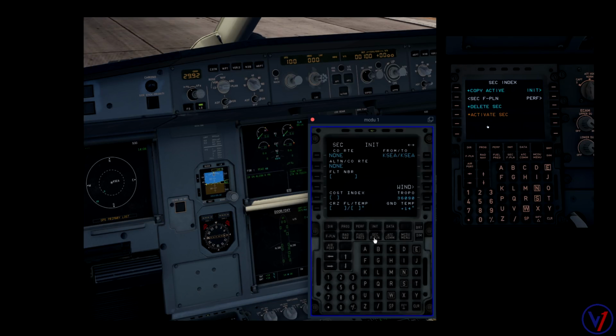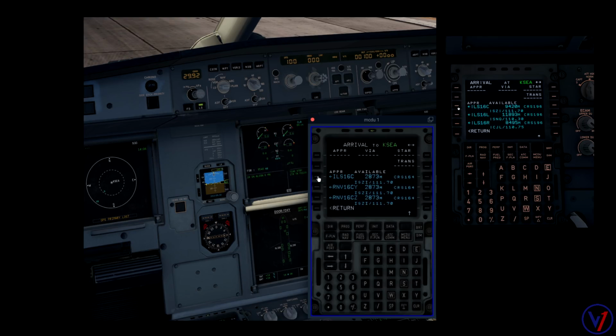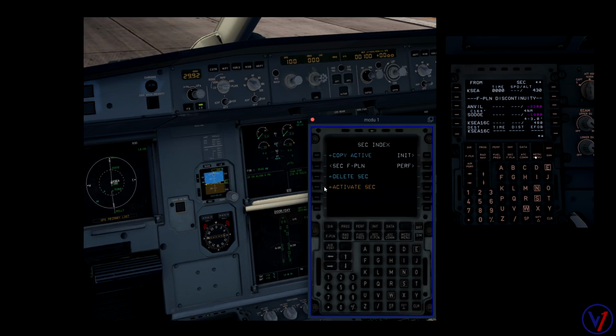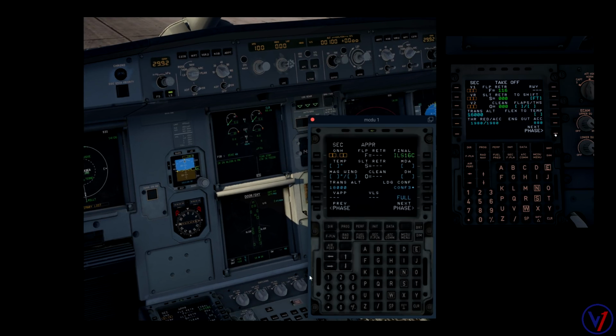So I don't want to say one is more realistic than the other. However, I will say that the FlightFactor has a few minor details that are more representative of what I currently fly as far as the initialization, align on ref. However, the Toliss MCDU